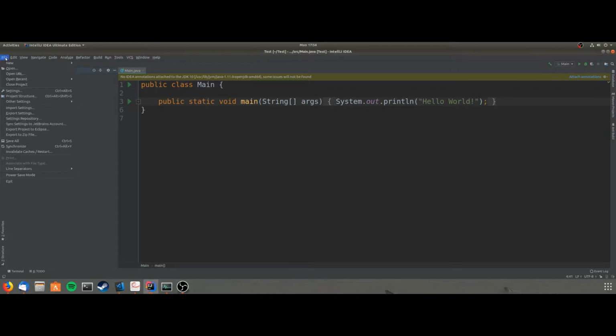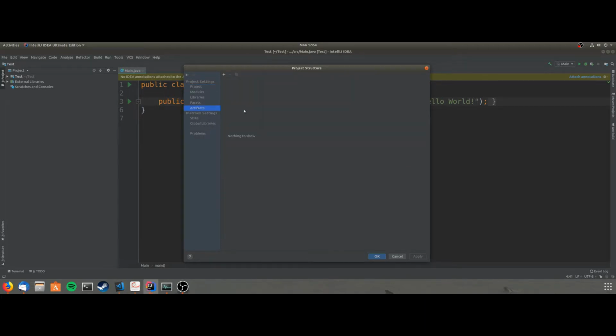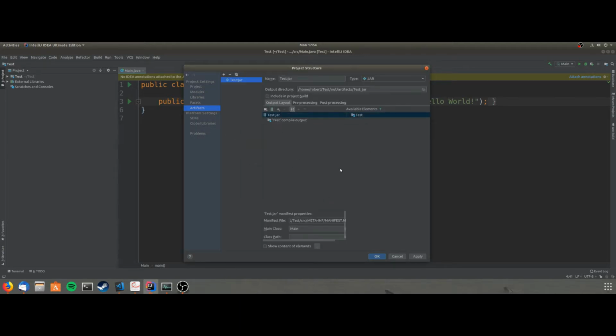So all I do is click on file, then click on project structure, and then I want to click on artifacts down the side here. And I click on the little plus here, and then I select jar, and then click from modules with dependencies. Then we're going to choose a file that's our main class, so just click this file here, main.java, and then that's fine, this is all fine, don't need to change any of that, and then click OK, and